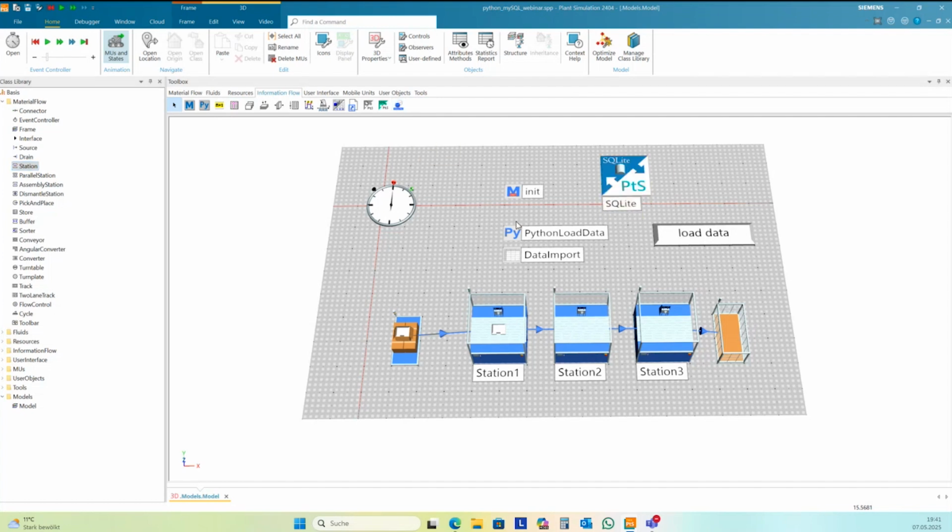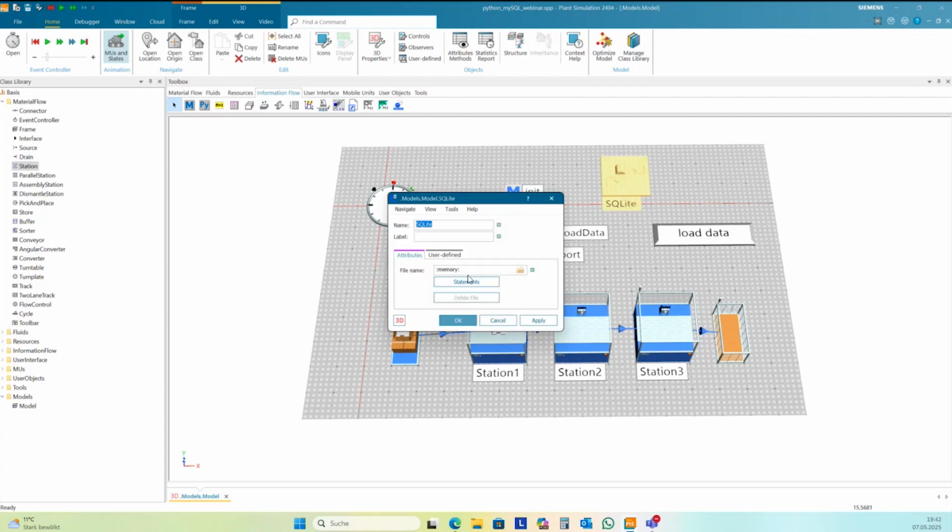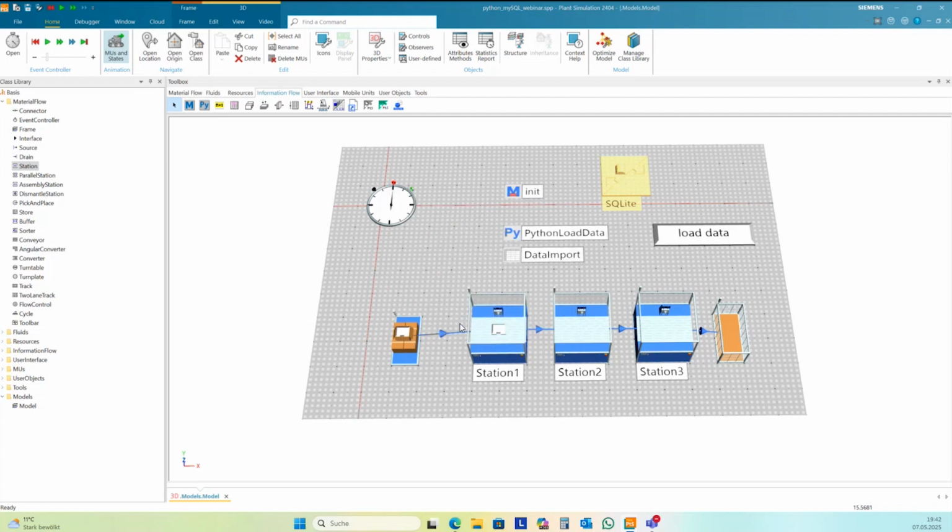So this is not the data table. You can create here an SQLite database in Plant Simulation, and the basic setting is double point memory, which is an in-memory database. There you can store data and read data using SQL, but not with the default data table.